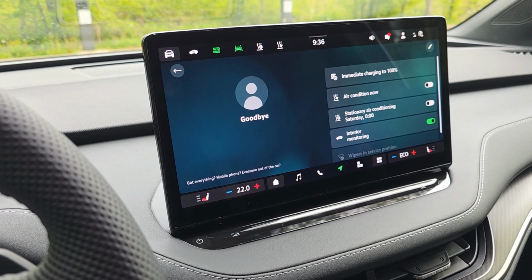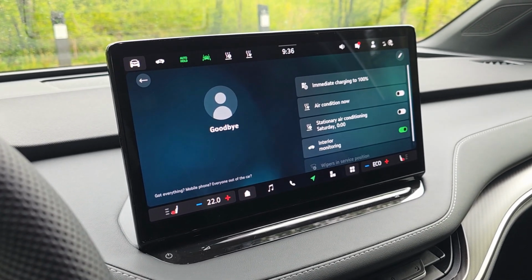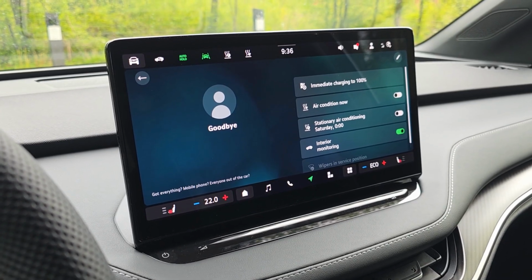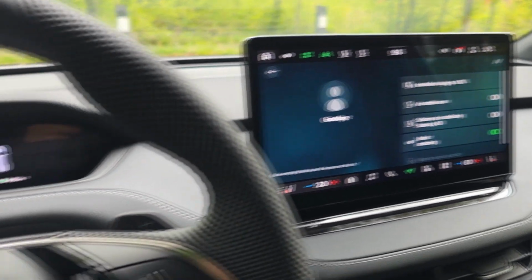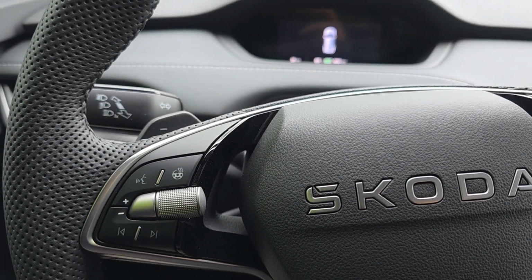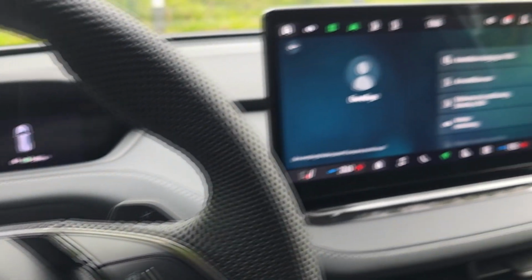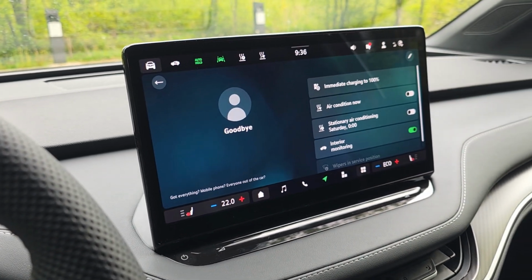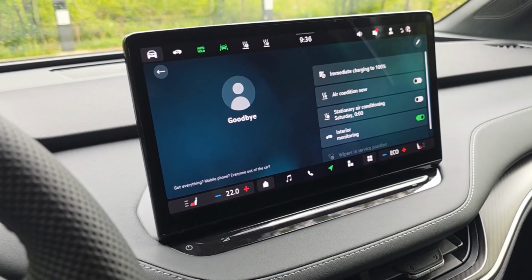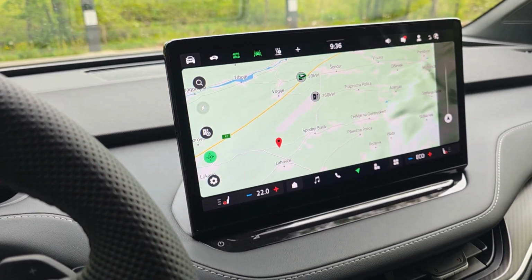So just to demonstrate the Laura helper, or Laura, it's pretty good actually. There's a lot of functions in the car that you can do just by pressing this button on the steering wheel to talk, because she doesn't listen to you all the time, unless there's a setting for it. I haven't found it yet. So if I press it, I guess I have to turn the car on. There we go. So if I press it,